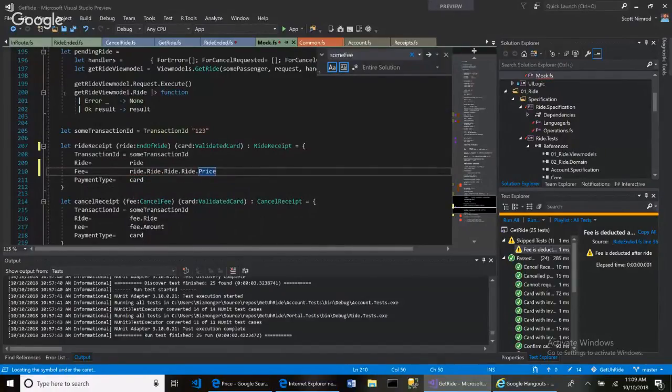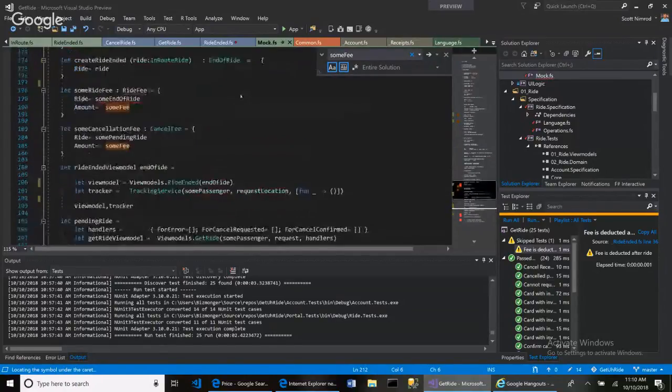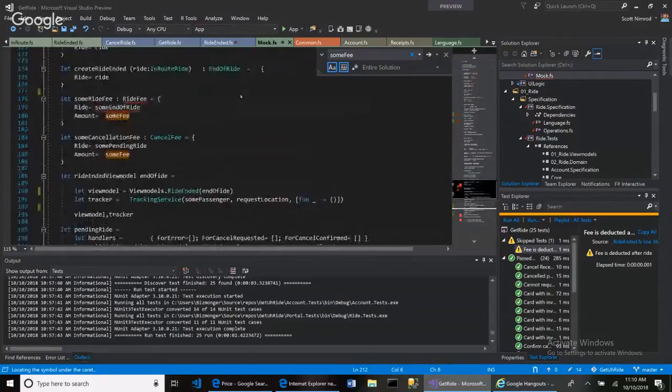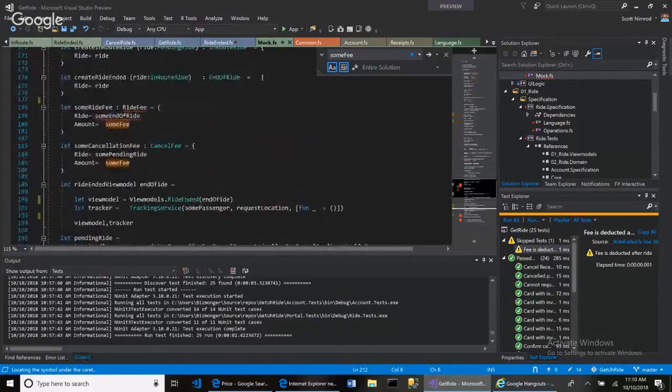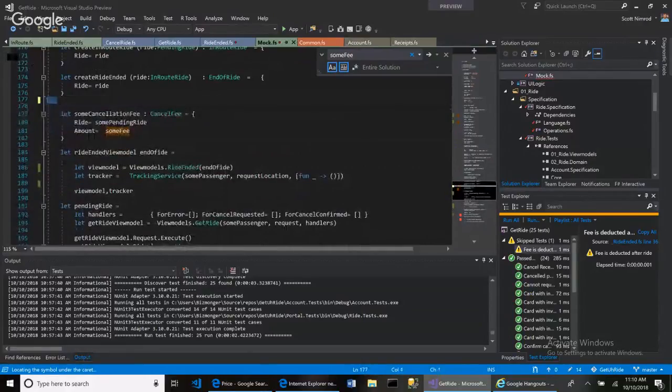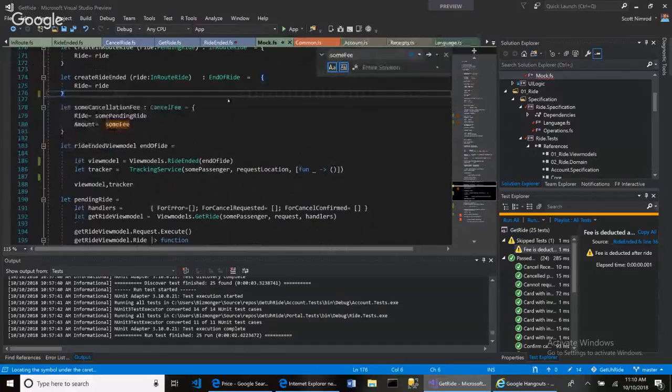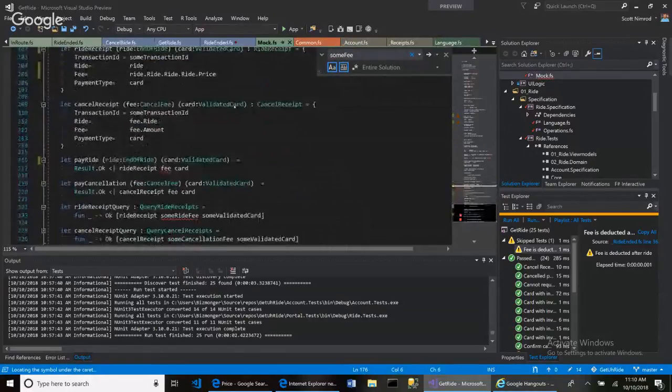Payment type equals card. Okay. So up here, the sum ride fee, I think, is obsolete. Okay. And down here,